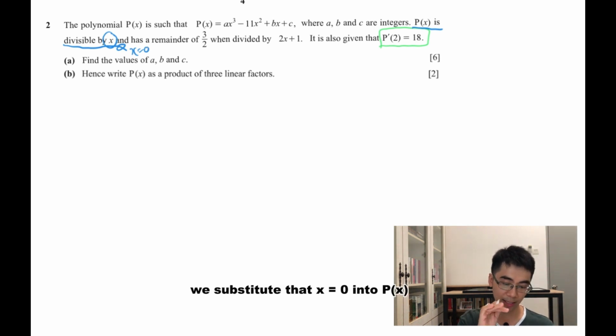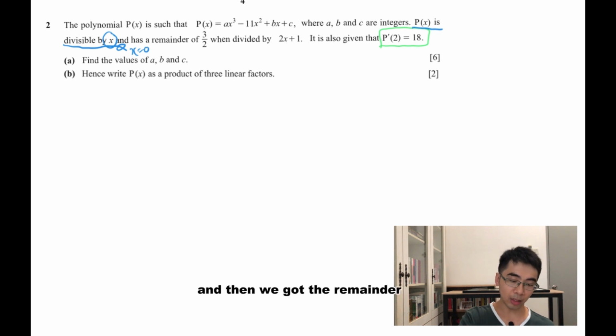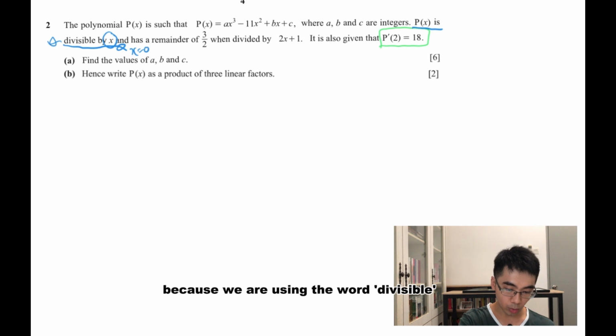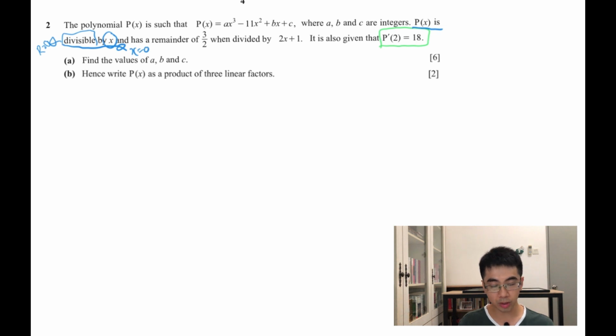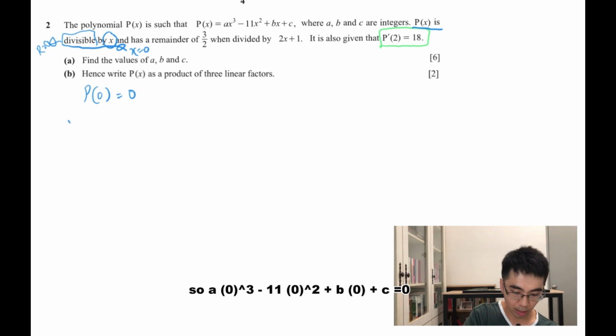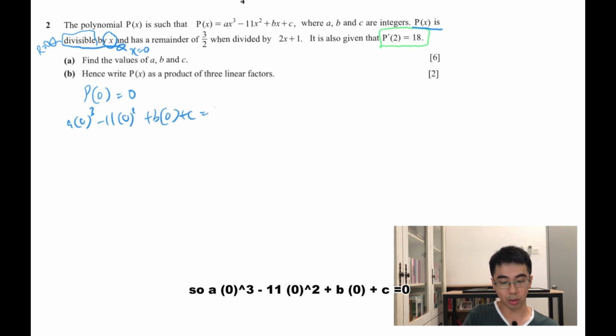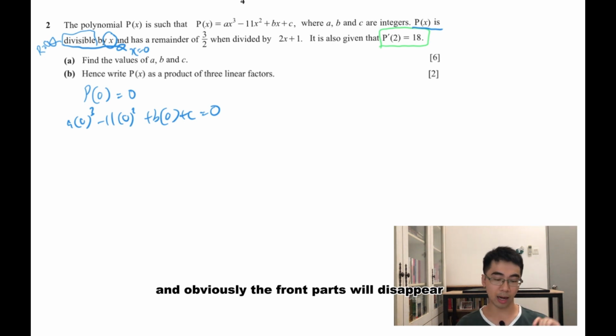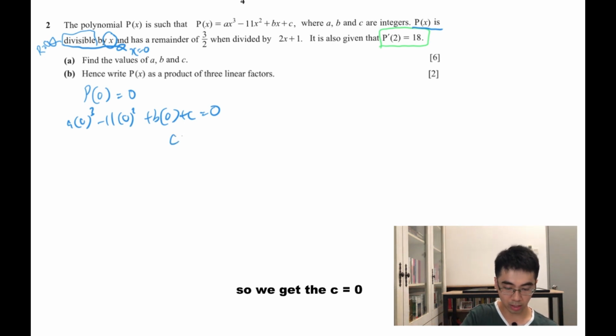We substitute that x is 0 into the P of x, and then we get the remainder, but this time the remainder should be 0 because we are using the word divisible. Divisible means the remainder is 0. So when we substitute x equal to 0, we get the remainder 0. So P of 0 gives us 0. So a times 0 to the power 3, minus 11 times 0 to the power 2, plus b times 0 plus c will be 0, and obviously the front part will disappear, so we got c